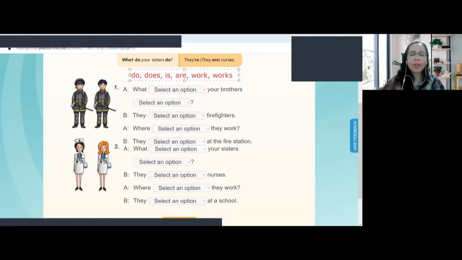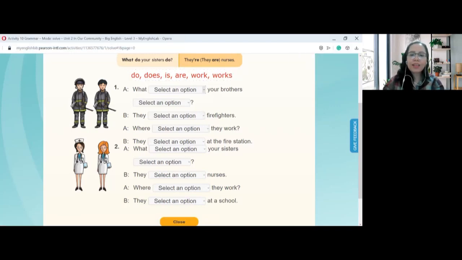On your workbook, you have to write these words, yeah, to complete these dialogues from number 1 to number 4. But here on my screen, I just select an option, yeah. For example, number 1,